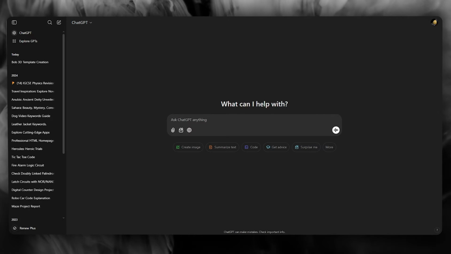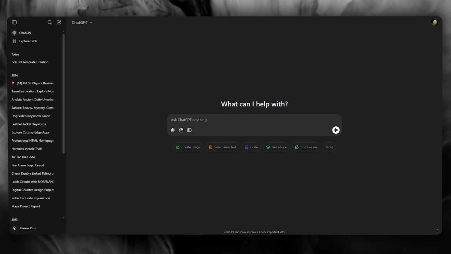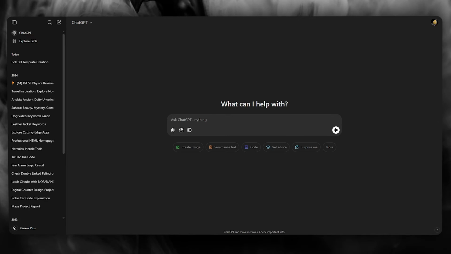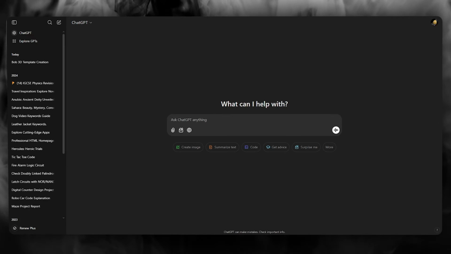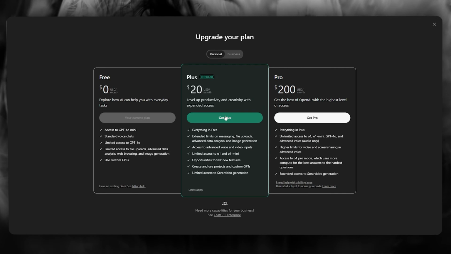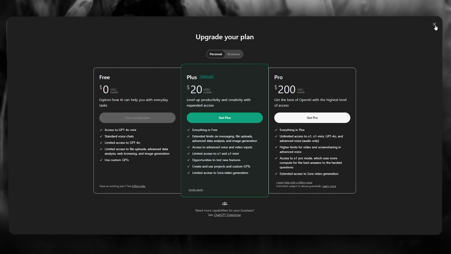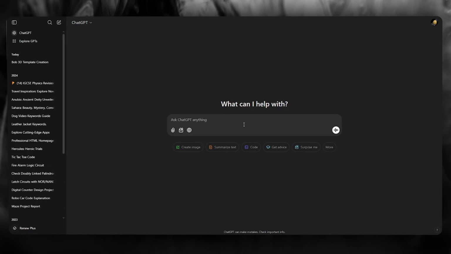Now, the reason for that is because DALL-E has totally shifted and converted itself to ChatGPT. So in the case that you don't have the Plus plan for ChatGPT, you will not be able to use DALL-E for yourself, okay? So get the Plus plan, and to access it, all you're simply going to want to